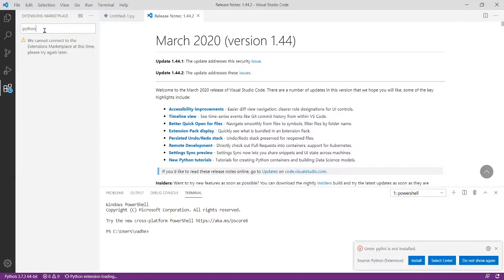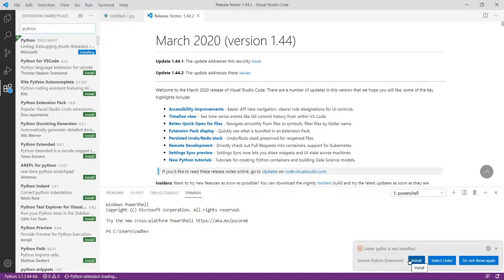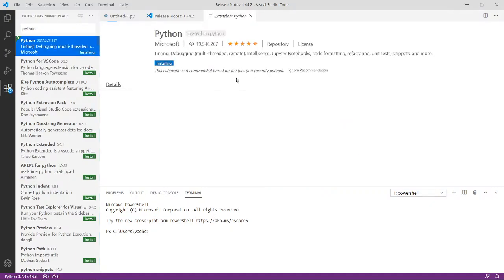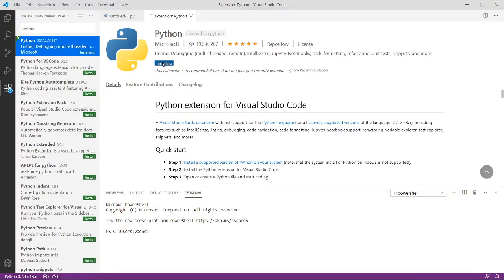Once you type Python, the first link you get is the extension for Python. You have to click on install, and it will install the Python extension for Visual Studio Code. So this is how it will work. Now, how do we check whether it is properly installed or not?